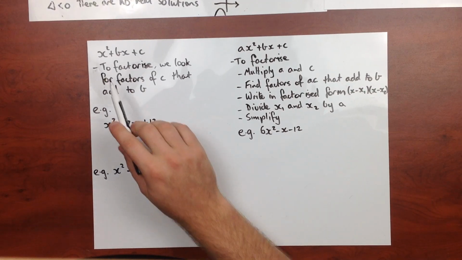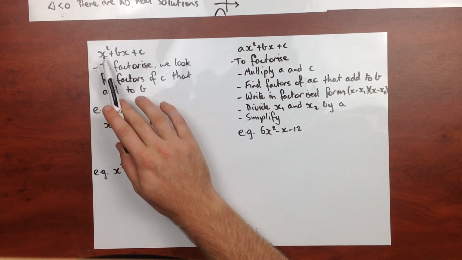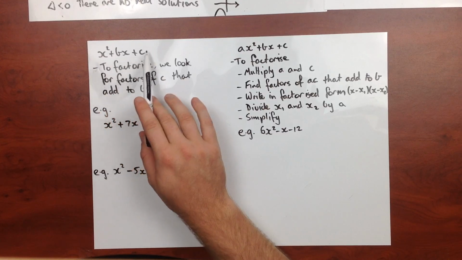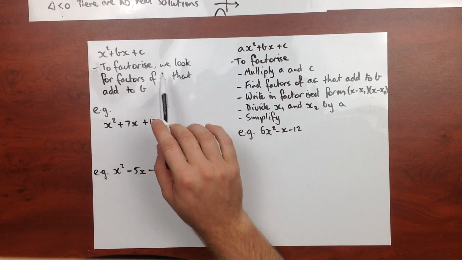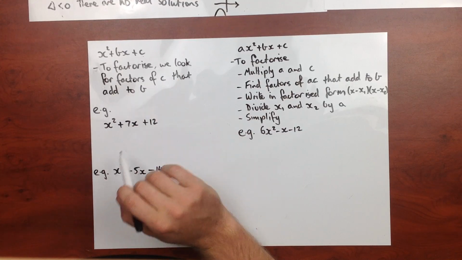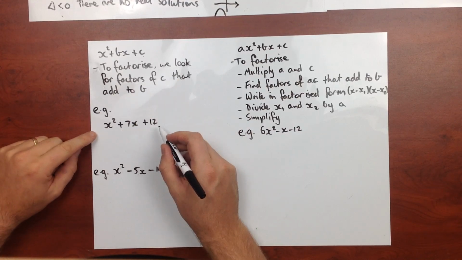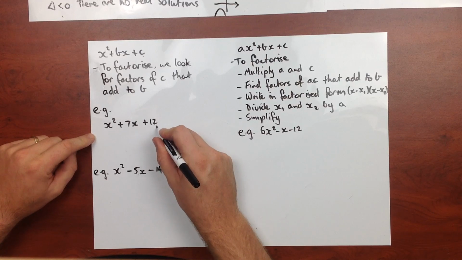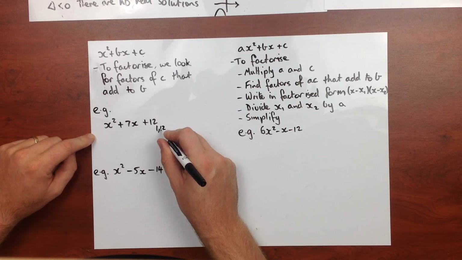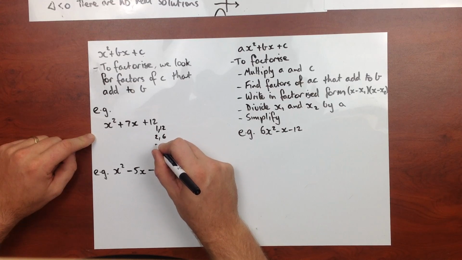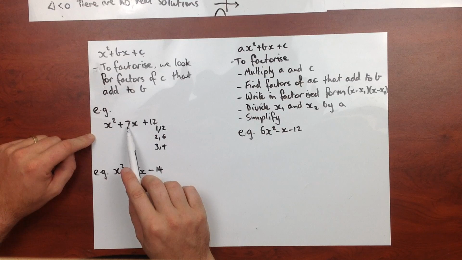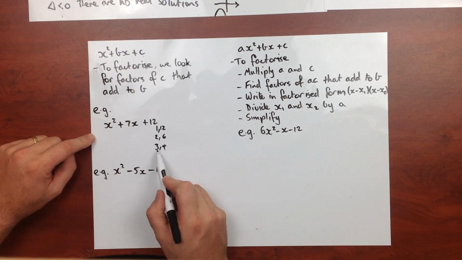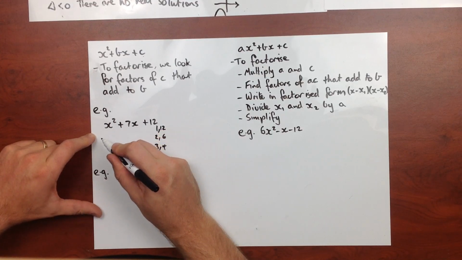If we've got a quadratic that's x squared plus bx plus c, in this general form, to factorise, we look at factors of c that add to b. So if we have a look at this example here, we look at factors of 12, which are 1 and 12, 2 and 6, and 3 and 4, and we need a factor pair that's going to add to 7. So it must be 3 and 4, which means this can be factorised to x plus 3,